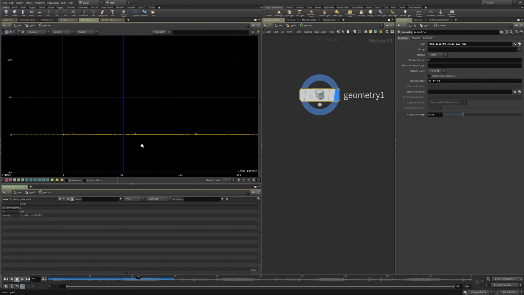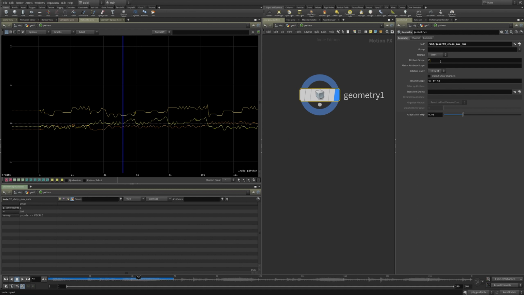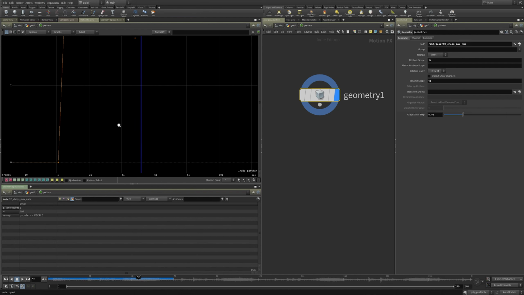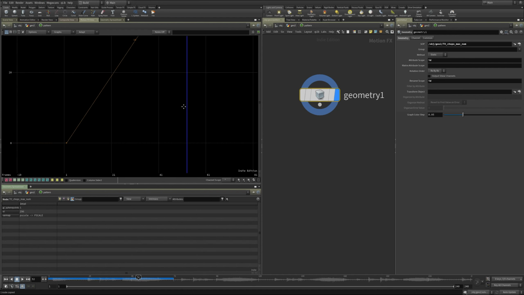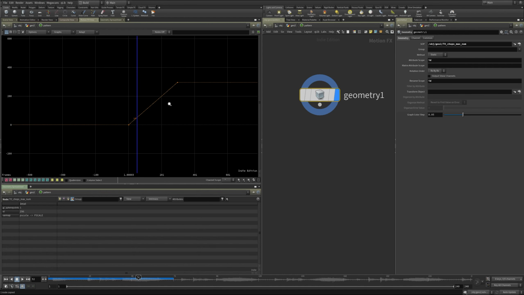And the channels that I'm bringing in, this is saying that I'm bringing in the position, which I don't want. I want my ID. Didn't like that. Let's see. Yep. So this is giving me the ID from every point.